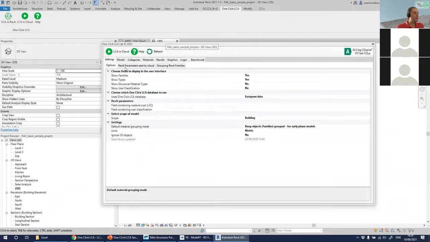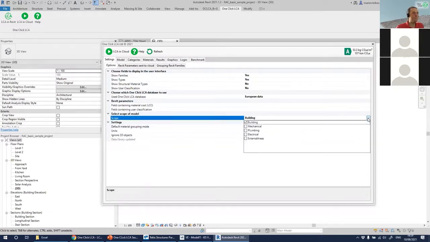So the first tab is the Settings tab. Again, I'm not going to go into details about each one of them, but very quickly, probably the most important ones are the scope. So you can define what is your scope. Is it the building only? Is it mechanical, equipment, plumbing, electrical, and external areas as well? For the sake of this demo, I'll just say building, and then